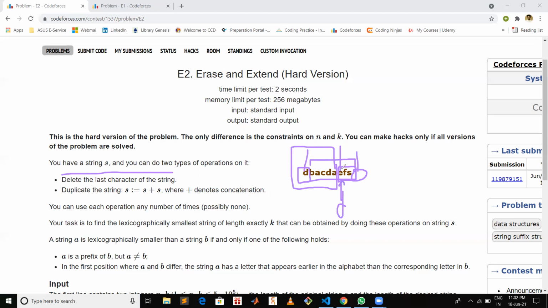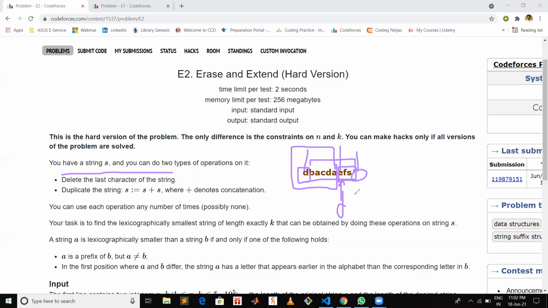So you can surely see that this d is smaller than e. So after doing this operation, you will get a lexicographically smaller one. This is the first case. Whenever there is any character greater than your first character, you can trim that part of the string and take the first half and concatenate that to get a lexicographically smaller one.